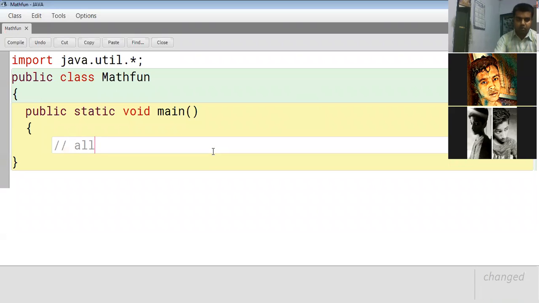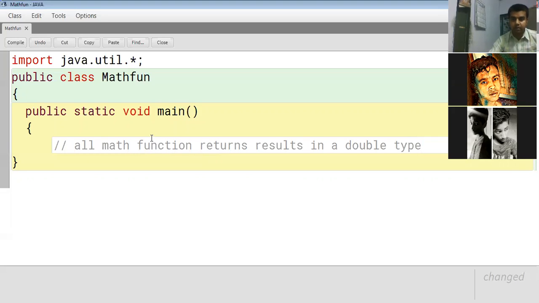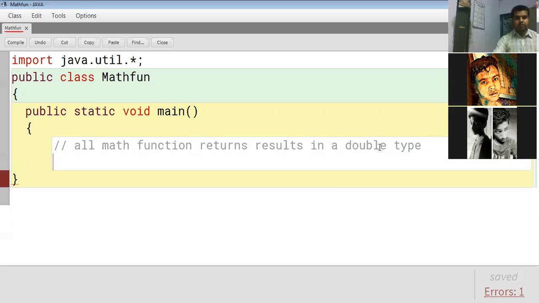So all mathematical functions return results in a double type. Whenever you have to create an output variable, always remember this output variable should be in a double type.